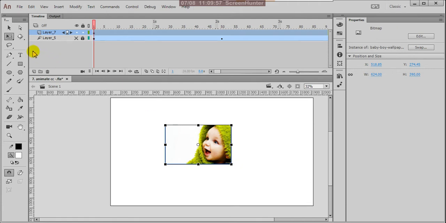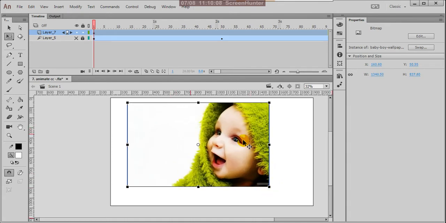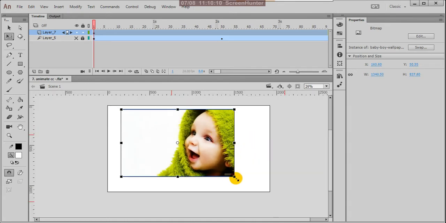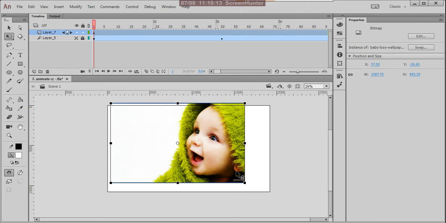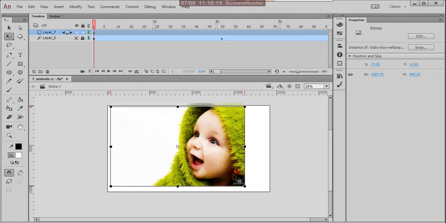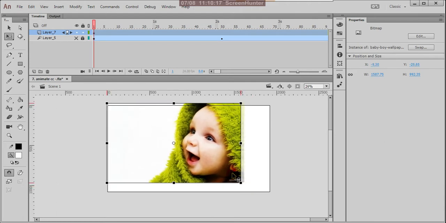So press the transform tool, or otherwise press the Q shortcut, and by pressing shift you can increase this size. You can increase it to whichever size you want.